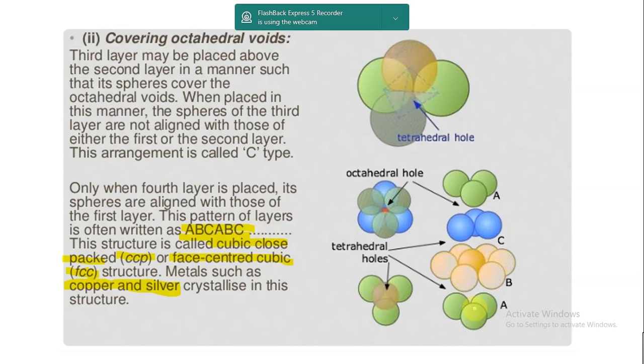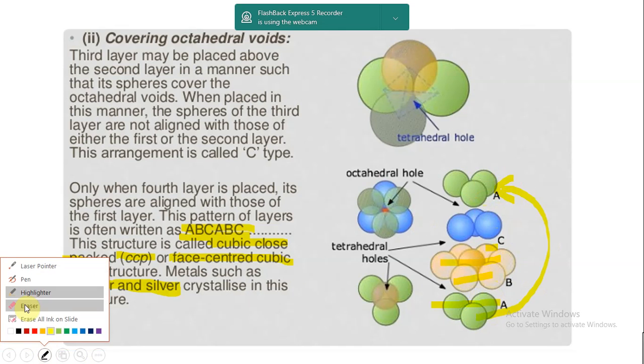Now you see, this is my A type arrangement in which the 3 atoms are like this. This is my one layer, it is in 3D. 1 and 2 are at the back. This is my B type arrangement in which 2 atoms are there, and this is again a layer of 3 rows. Again this is my third layer, a layer of 2 rows, and this is my fourth layer, which is the same as the first layer. So you see, these green ones are getting repeated, so A, B, C, and again back to A.